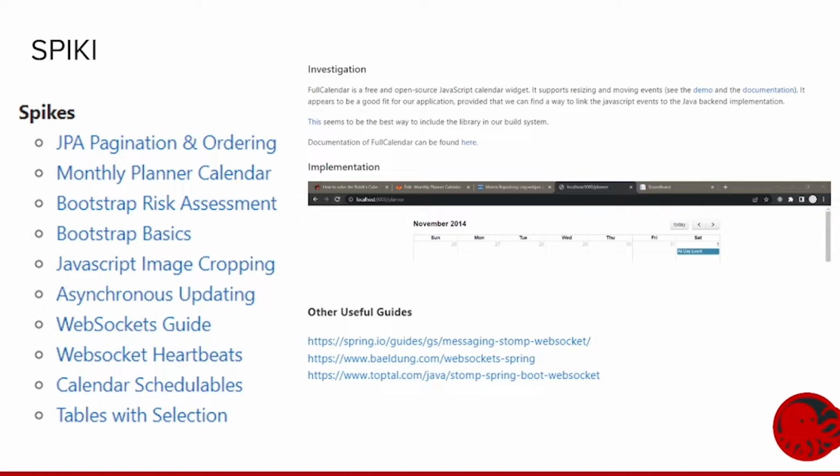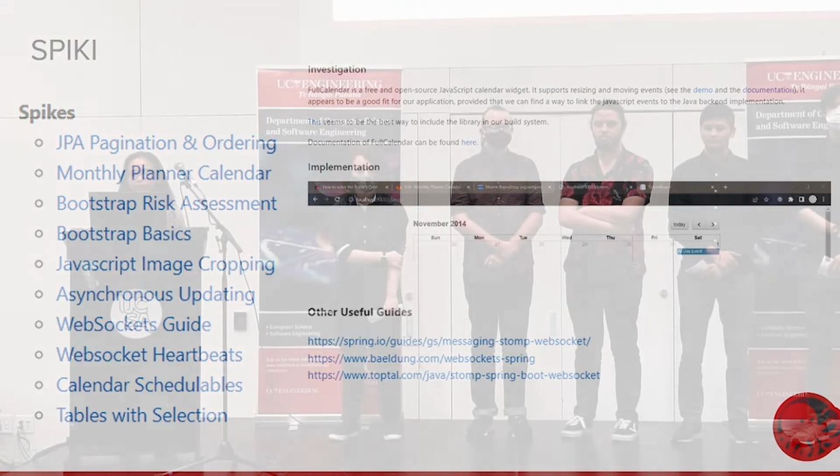We do this when we do not have any idea how to approach a problem, when we have multiple options, or when we need initial work done to provide a better task estimate for our tasks. As you can see in the slide above, for every topic that we do a spike on, we write what it's about, how it's going to be implemented for our project, and additional links where we can find